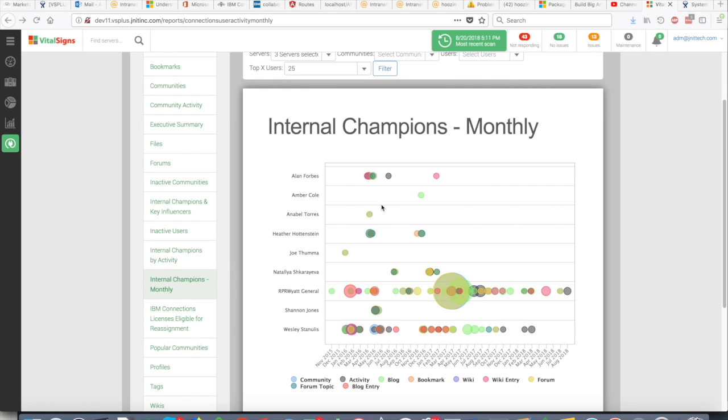You can select the top 25 users, although you can change that to show more or less. The top users and what they've been doing. So, for instance, I can see that in February of 2018, Wes created one activity item, and in March 2018, he created 3 items. And when you view these things over time, you can see champions who either are new to the platform and start contributing a lot, and you want to encourage them, or you can also sometimes spot trends in people who have been consistently using it and for one reason or another stop using it, and you can see that drop off, and you can go talk to them and find